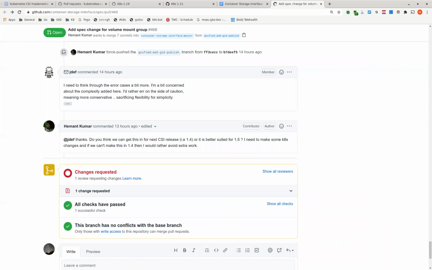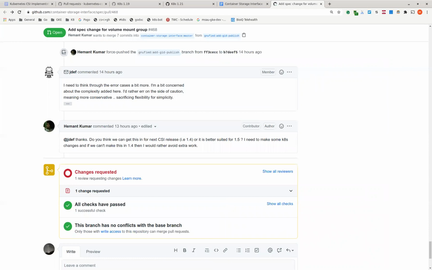Maybe he's saying that we could make it more strict? Could we just say node publish should use the same as node stage, or multiple node publishers all have to use the same volume mount group?